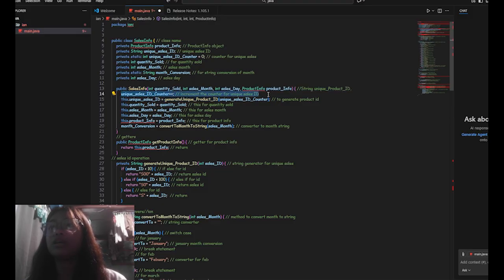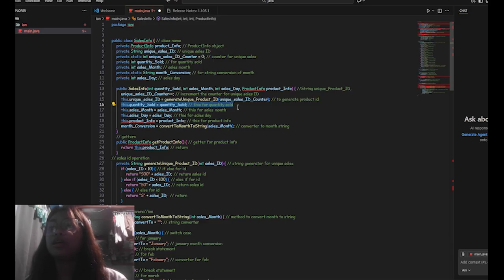The next one is unique sales ID counter, which increases the counter every time a sale is created. The next one is unique sales ID, which generates a formatted unique sales ID.